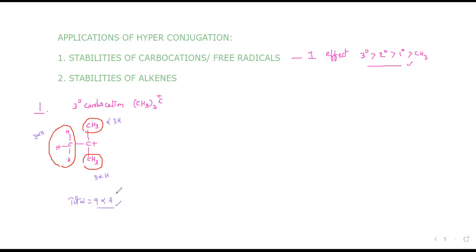So in each hyperconjugative structure, one of its carbon hydrogen bonds is shifted, and it decreases the positive charge of the carbocation, and the hyperconjugative structure is represented like this: C, H, H plus, H double bond, see this bond is shifted here, C plus, CH3, right? The next possibility, this hydrogen, three hyperconjugation structures.